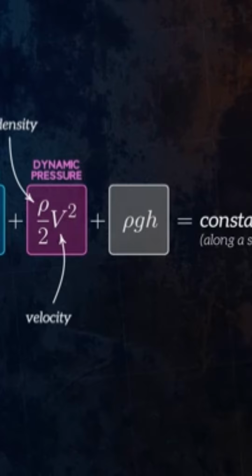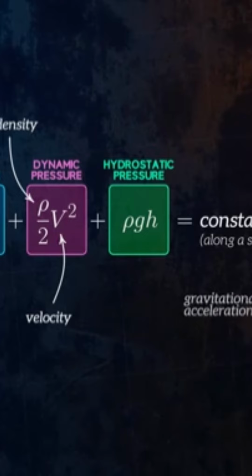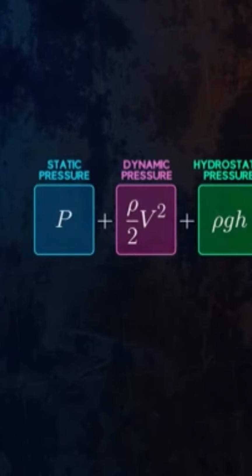And the last term is the hydrostatic pressure, which is the pressure exerted by the fluid due to gravity. g is gravitational acceleration, and h is the elevation of the fluid, which is just its height above a reference level. This is the pressure form of the equation, but it can also be presented in the head form and